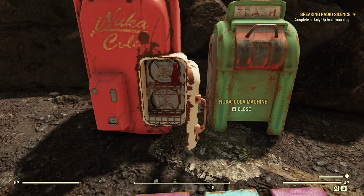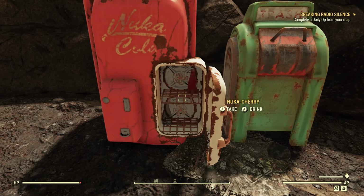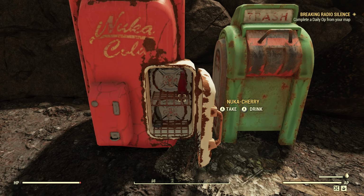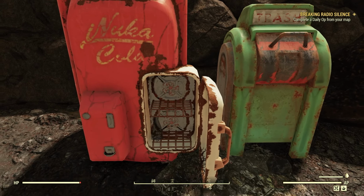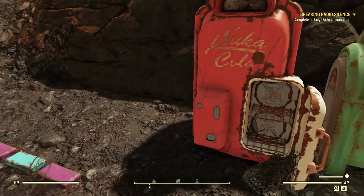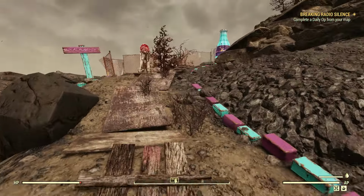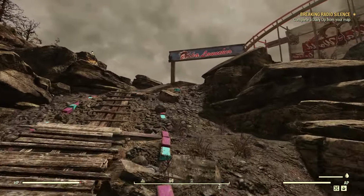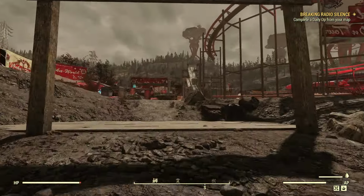Usually this Nuka-Cola machine will have... I've actually seen this almost filled one time in one of my videos, probably about a couple months ago. You guys can attest to that for sure, but yeah, pretty cool little spot there. And then we're going to head up here to this big wide open location where the little vendors are, and